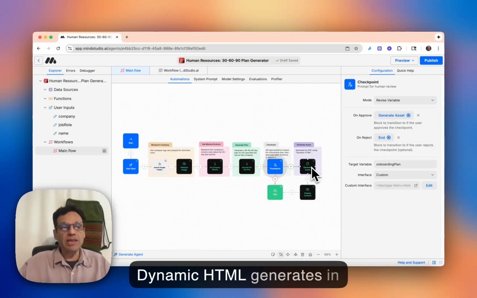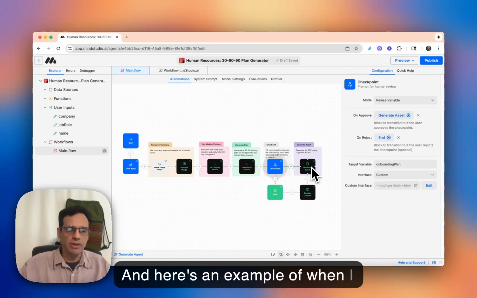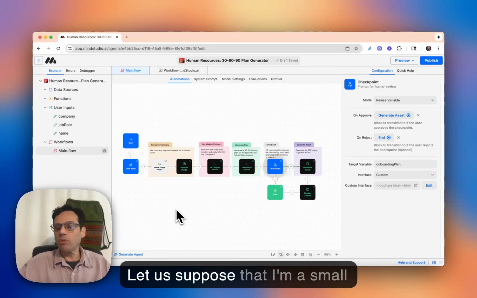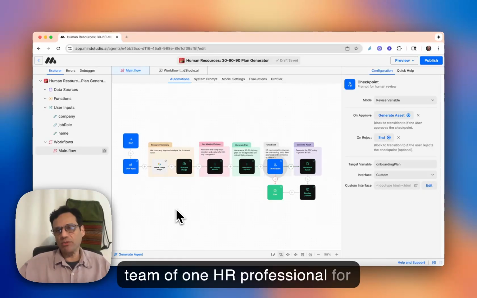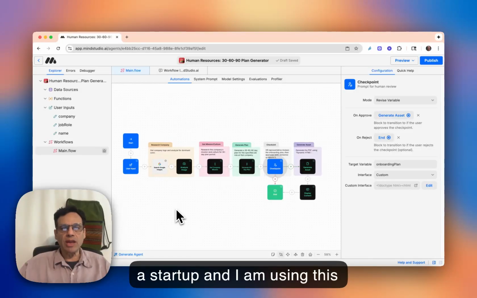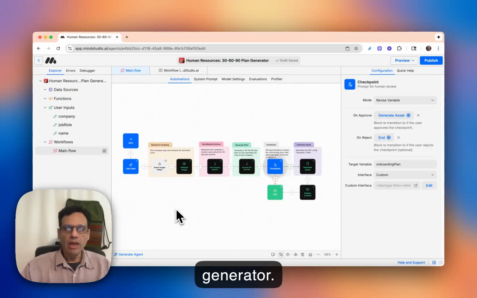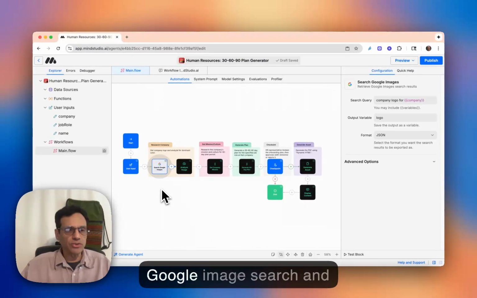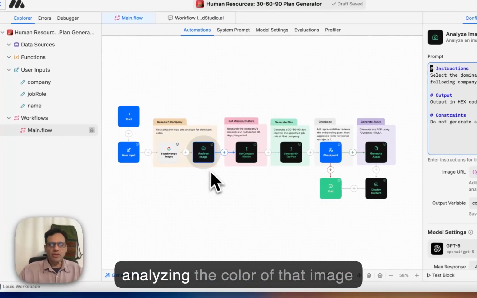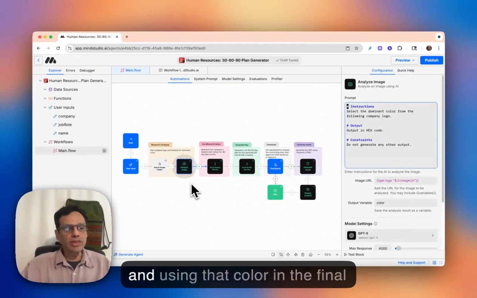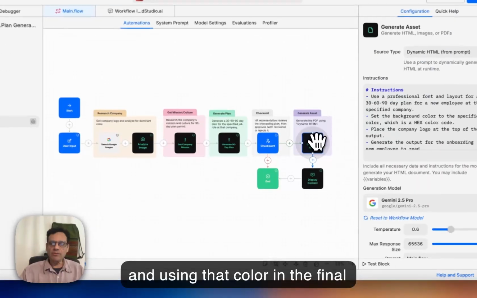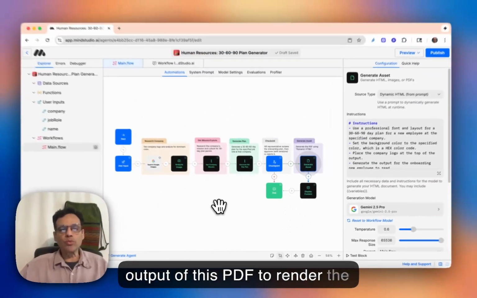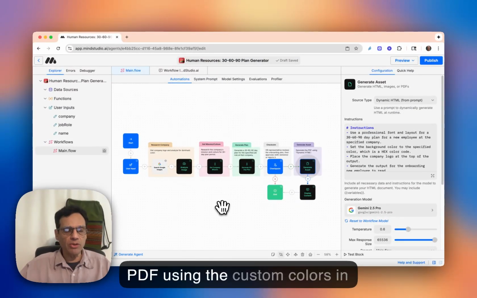Dynamic HTML generates in runtime what that looks like. And here's an example of when I use this in this agent. Let us suppose that I'm a small team of one HR professional for a startup. And I am using this agent as a 30, 60, 90-day plan generator. And it is getting the company logo from the internet using a Google image search and analyzing the color of that image and using that color in the final output of this PDF to render the PDF using the custom colors in that